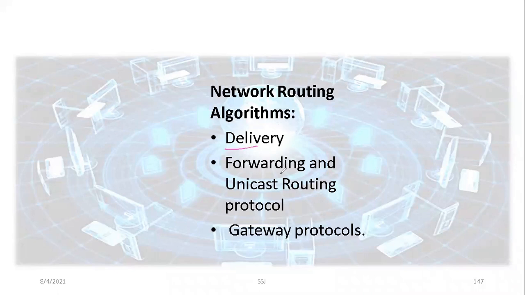Next, we have forwarding. What do you mean by forwarding? It refers to the way a packet is delivered to the next station. So suppose you have a source and a destination, and in between you have different routers or different systems or nodes, if you want to say in computer network language. Then in this case, how does a packet reach from the source to the next router or node, then to another router until it reaches the destination? That is known as forwarding.